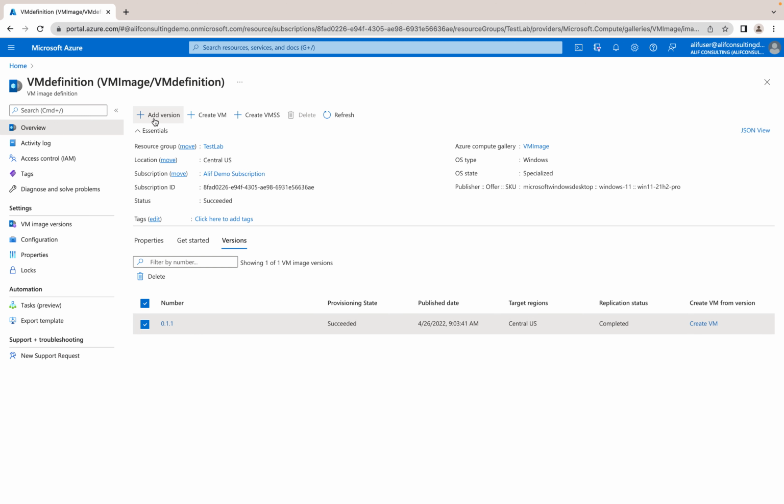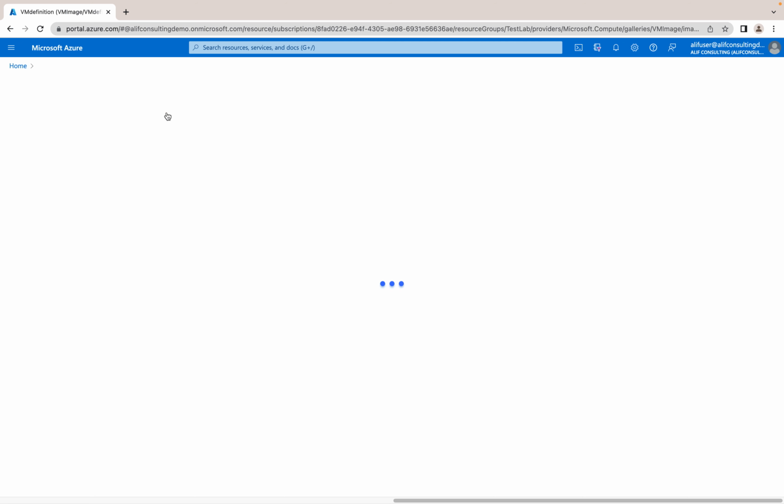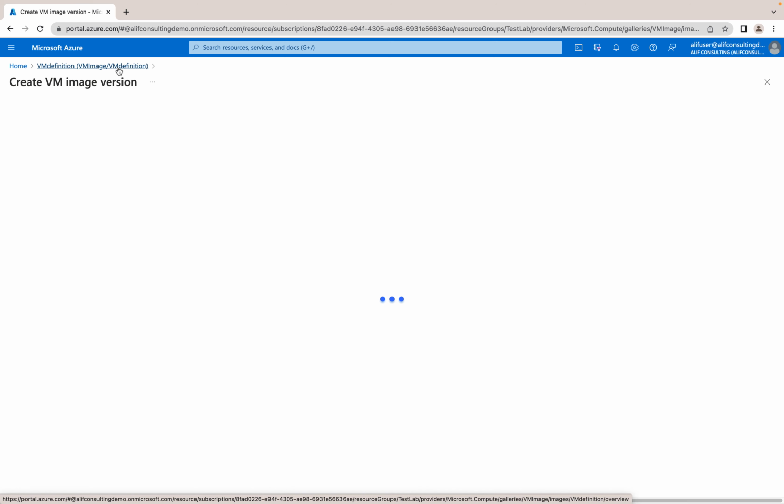I just need to select the image and click on add version, and from here I can add a new version of that image in the image gallery. And then, once that image version is created, I can assign that image version or the image to the DevOps team to build their application or move forward. Apart from that,